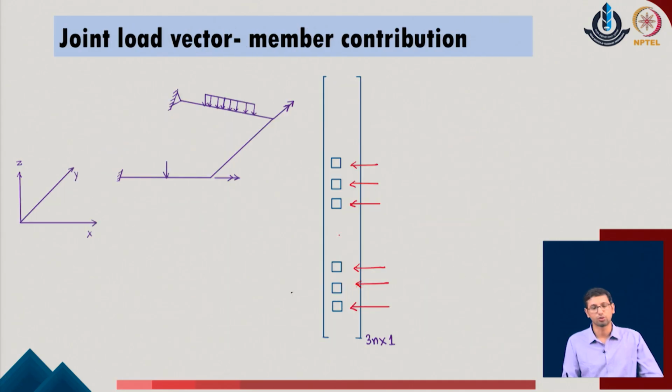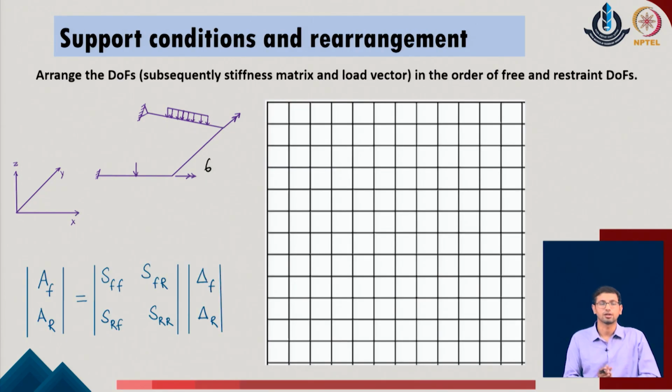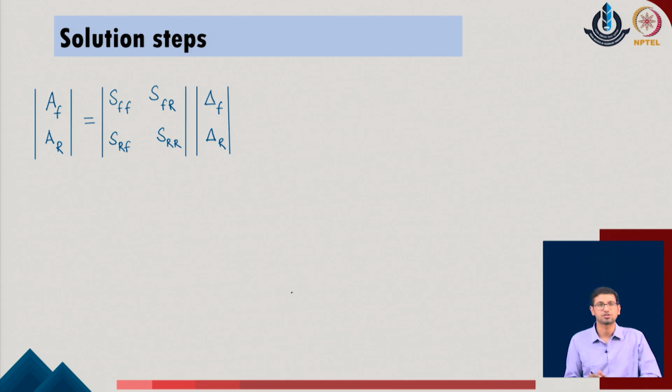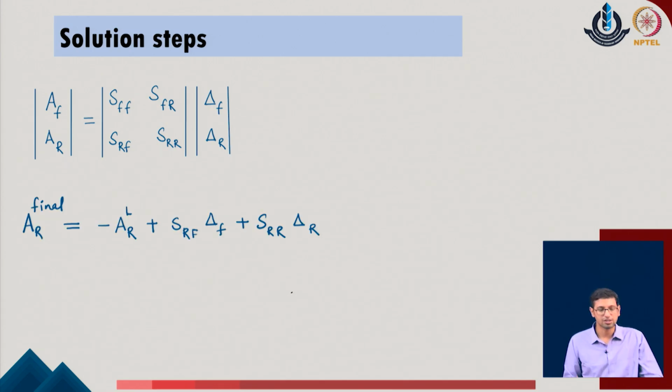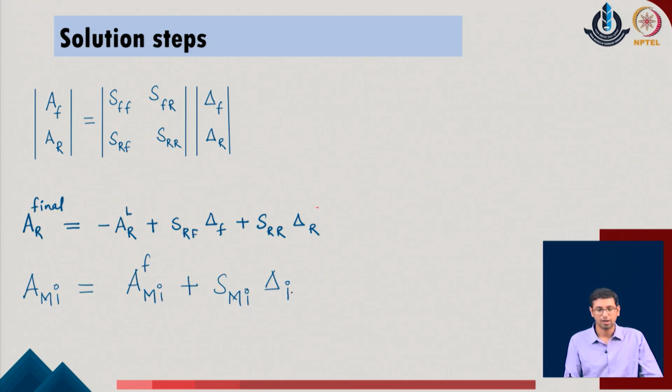We do the same for the loading system also. We define the load vectors and place them in the similar positions of the given system, that is 3j minus 2, 3j minus 1, 3j, 3k minus 2, 3k minus 1 and 3k. Once the loading vector and the stiffness matrix are assembled, we rearrange the given system in the order of the free and the restrained degrees of freedom, and once they are arranged, we define the system for the final solution and evaluate the response of the given system. So, this procedure is the same as what we did earlier for the plane frame system also.